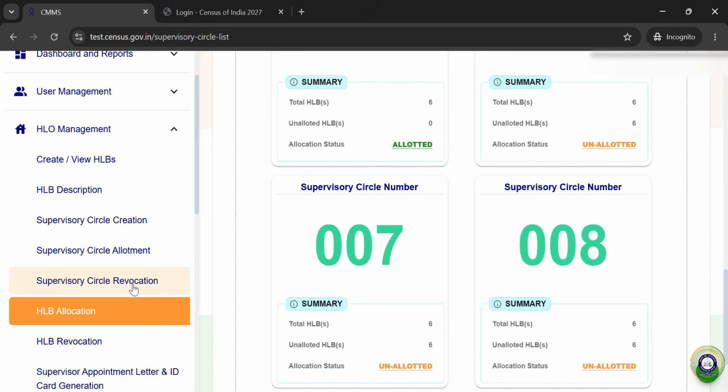So in that case, what can we do? Let's say we have a shortage. In a practical scenario, there will not be such cases, because more supervisors are already there and we have the reserved list also. But here in the task portal, as I have created limited supervisors, I need to revoke one supervisor.